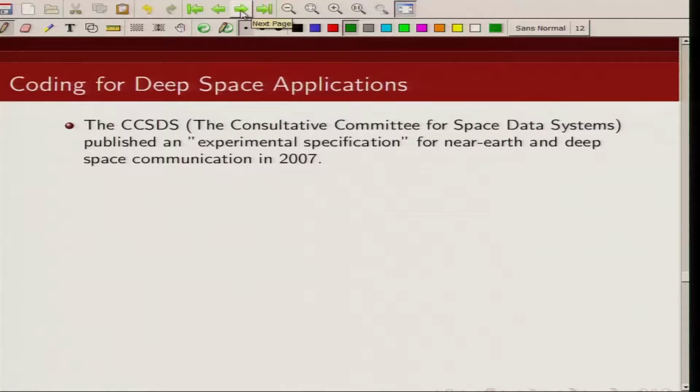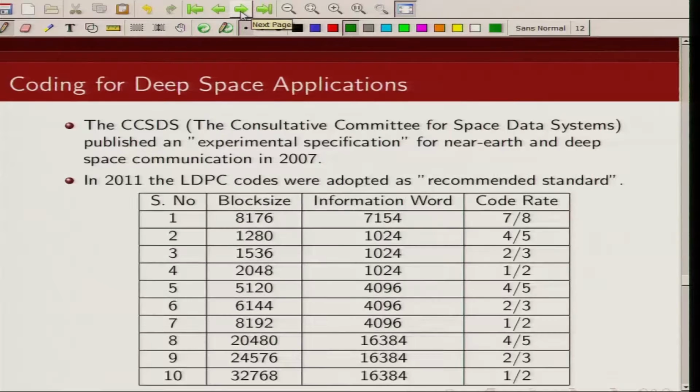What about deep space exploration? Now NASA again has specified a recommended standard. So these codes that you see here have been prescribed for deep space communication, and this is for near earth communication. For deep space communication, it supports 3 different information block lengths: 1024, 4096